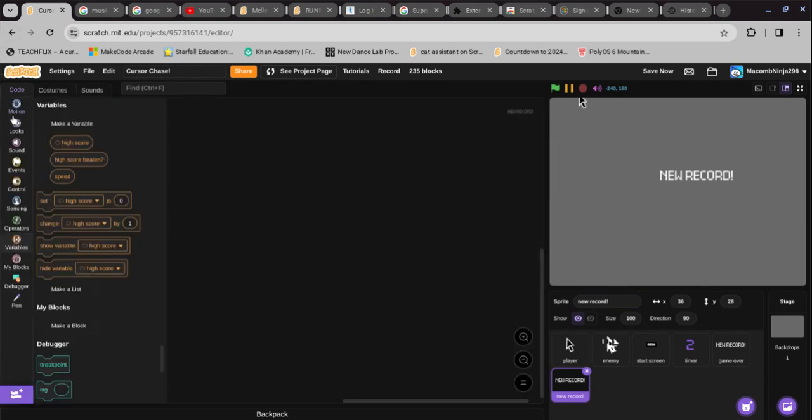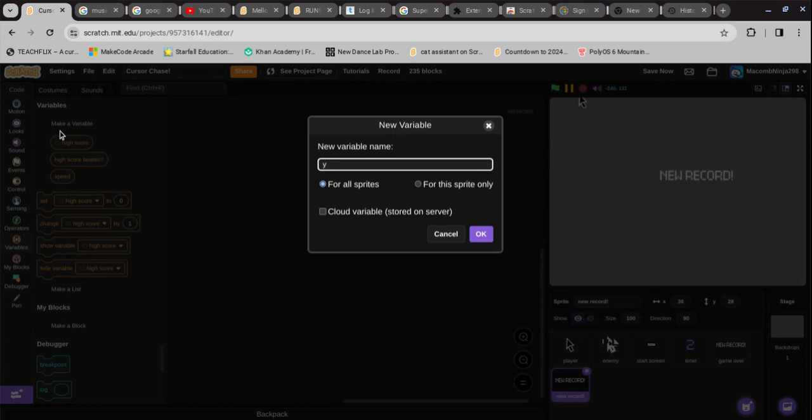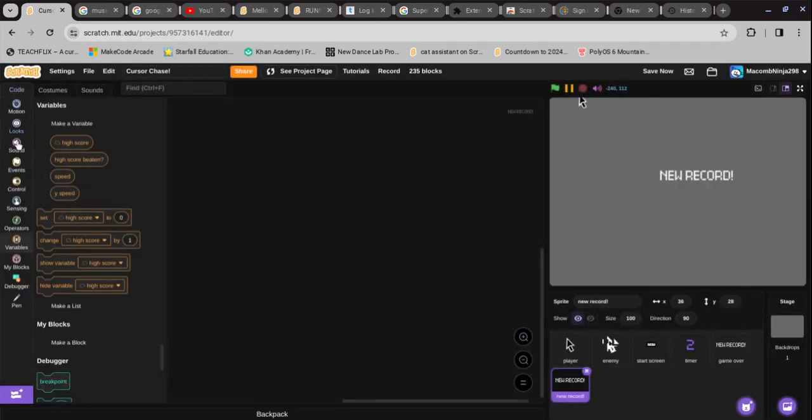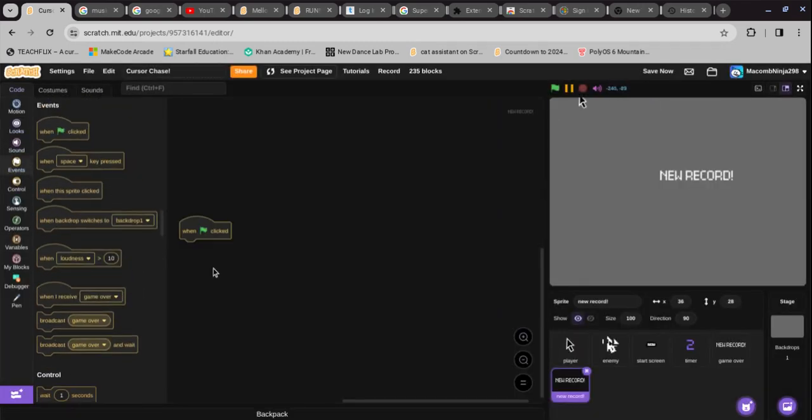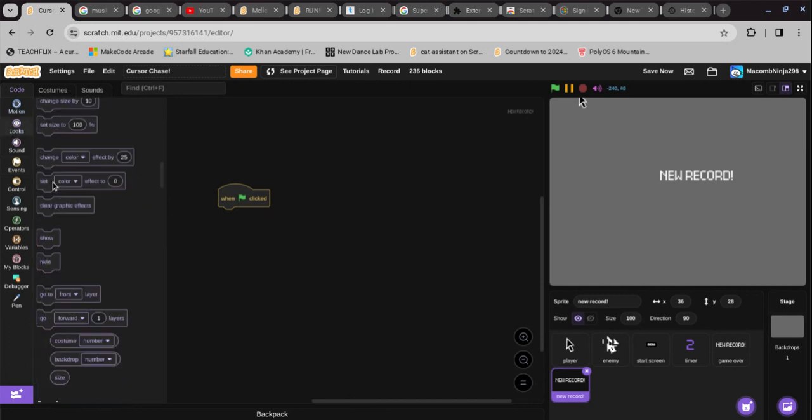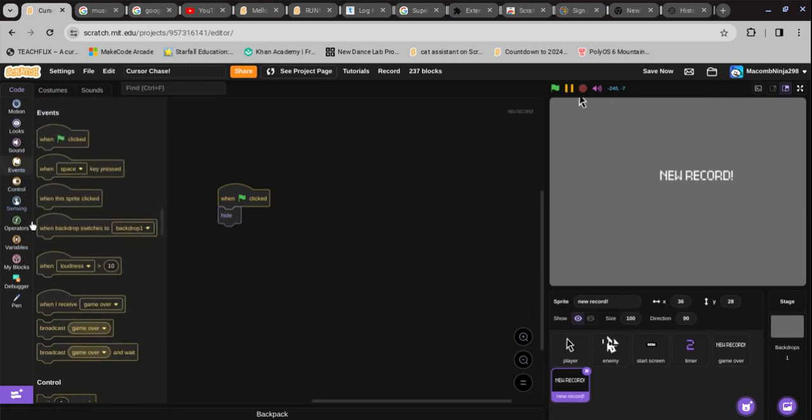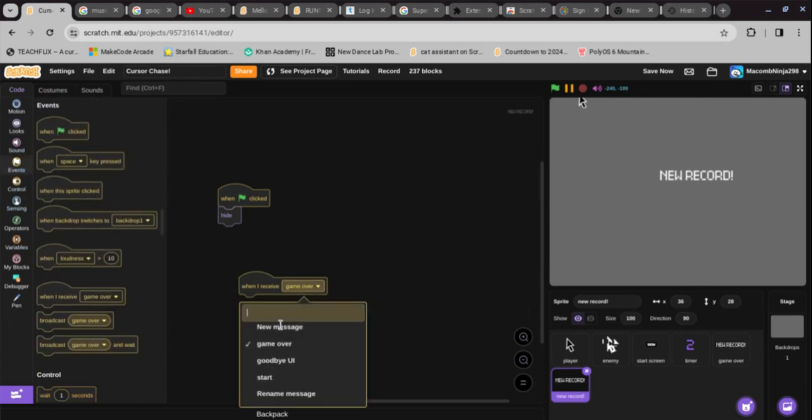And then when we do that, we make Y speed for this sprite only. And when green flag clicked, hide. And then when I receive start,